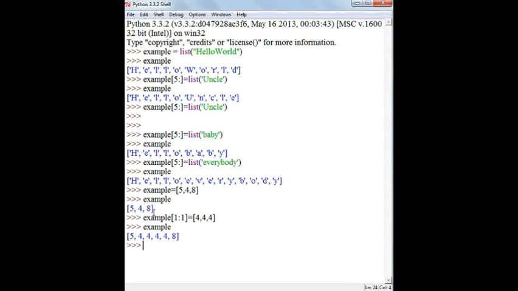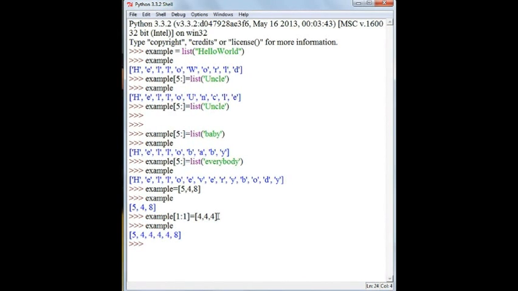As you can see, I have added three 4s before the 4. This is how you can add any element in between your list. So this was how you can insert a mini sequence into another sequence to ultimately make a bigger sequence.